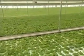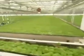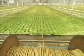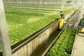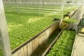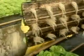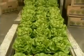This hydroponic system produces 500 plants per square meter, almost 5 times the yield of field-grown lettuce. And it's safer too. There's no need here for pesticides or fungicides, and because it's all indoors, fertilizer can't contaminate the environment. By about the 45th day in the summer, the 75th day in the winter, the lettuces are finally